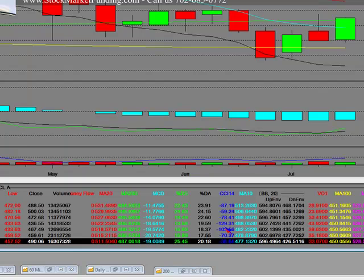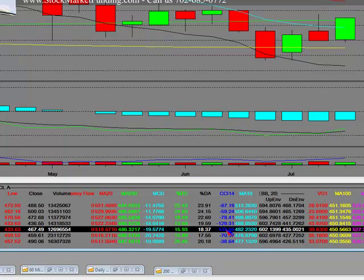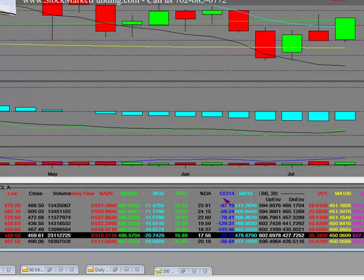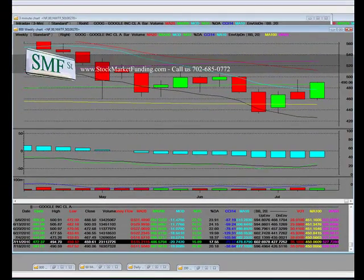That move, when we had peaked right here at the bottom, the CCI was minus 129. Then it started to get better at minus 103. Then here it was getting a little bit firmer. That's why this higher low held. That's another reason why